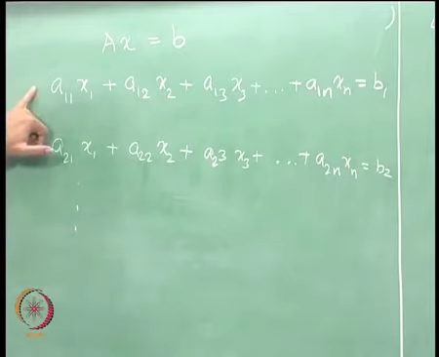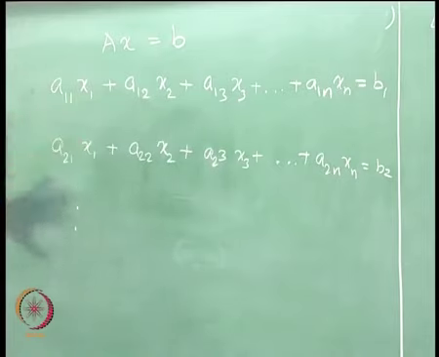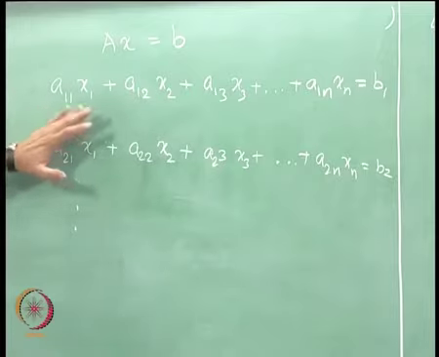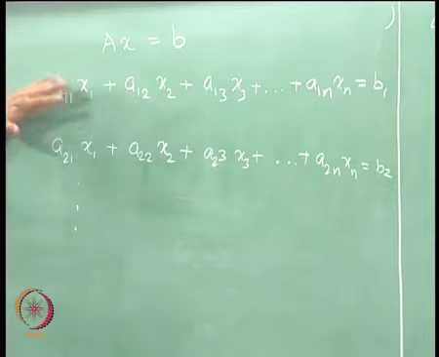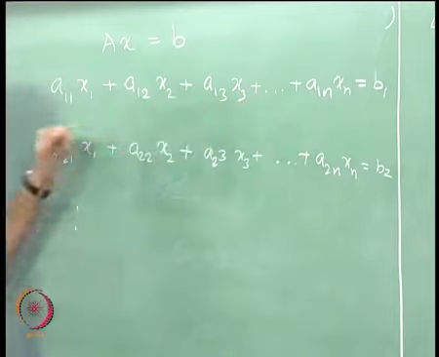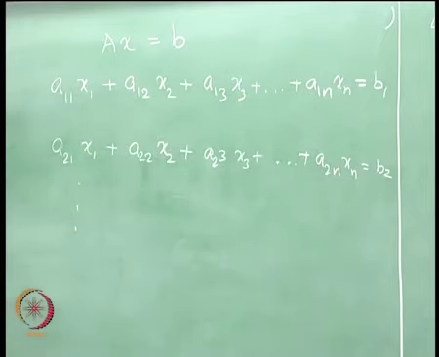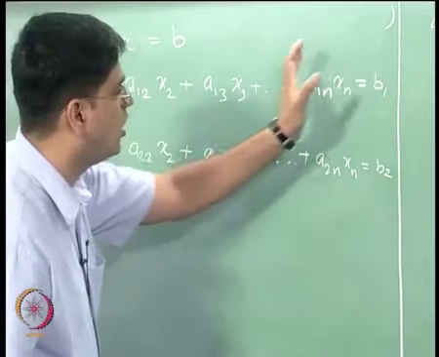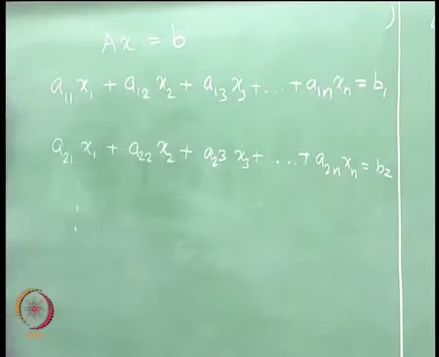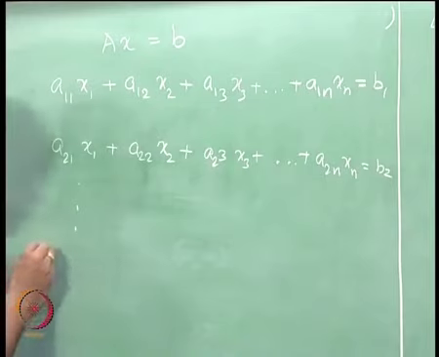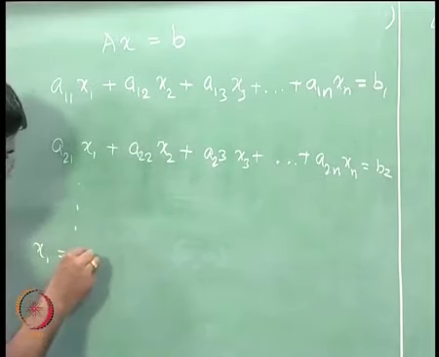Let us assume that we have gotten this equation after rearranging such that the diagonal dominance condition is met. If it is met, then we will just go ahead and use the first equation to get x1, the second equation to get x2, and so on. So we will take all these terms on to the right hand side and divide throughout by a11. So what we get is x1 equal to